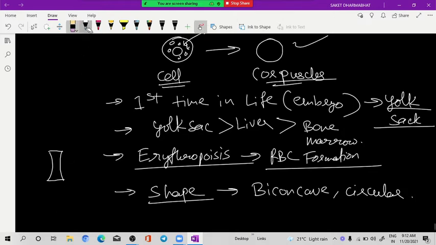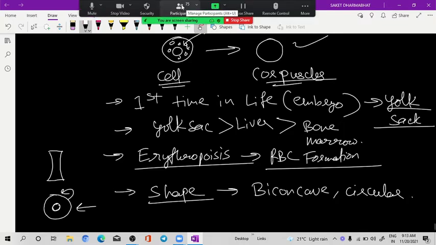So maybe you got confused with this structure actually. This is circular. Now, the middle portion of this circular cell is protruding inward, and the same from the back side also. This is one depression from this side, and from the back side also this depression. And when you see it from the lateral side, you will find it like this. Understood or not? Yes, sir. So biconcave and circular.